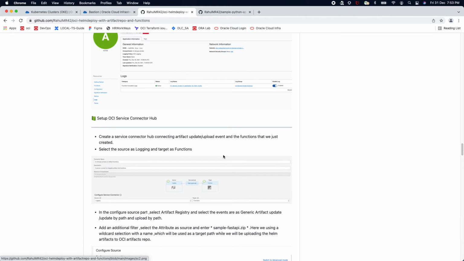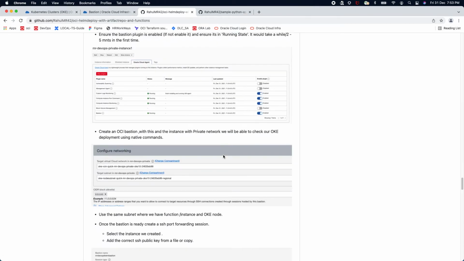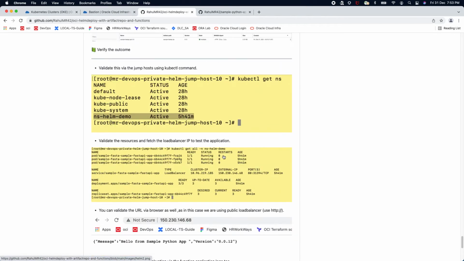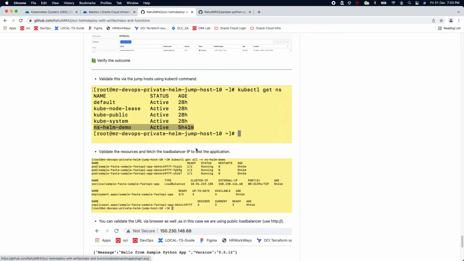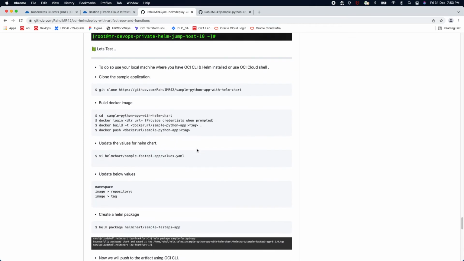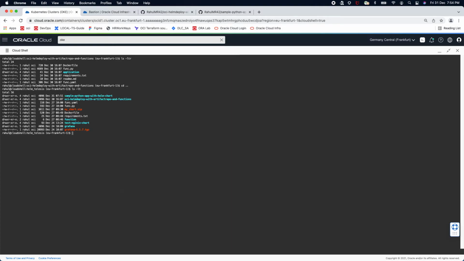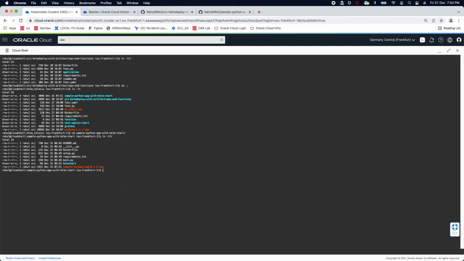So we're going to do a sample test here. We built the Bastion and all these things, and we crossed all these things. Now let's test this. We're going to clone this repository, so I go back to my Cloud Shell. I go one step before, and I'll show you. I've already cloned it. So that's my sample Helm chart, and here I have my Helm chart and my Docker